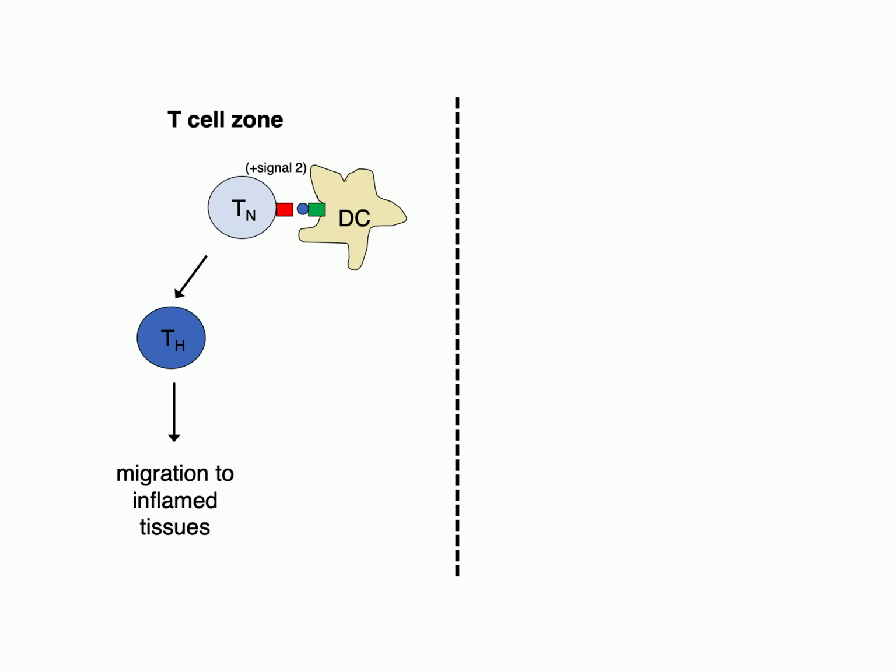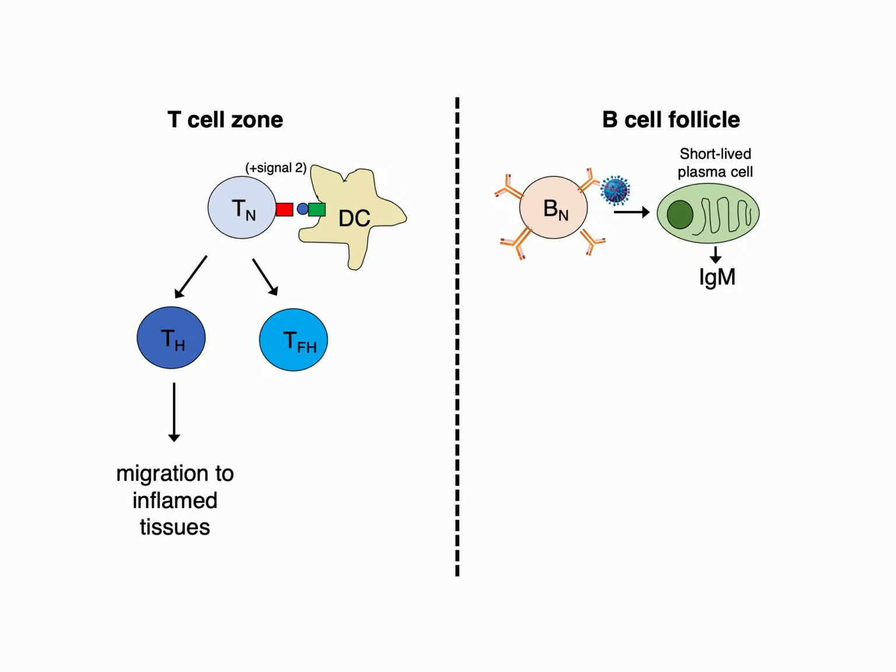Okay, so within the T cell zone, T cells get activated. Some T helper cells migrate to inflamed tissues, but others have B cell helper functions. Meanwhile, in the B cell zone, some B cells, when they are exposed to their antigen, differentiate into short-lived plasma cells that produce IgM, but other B cells receive B cell help via CD40 ligand and CD40 and the production